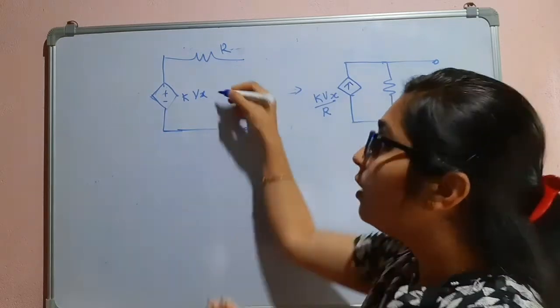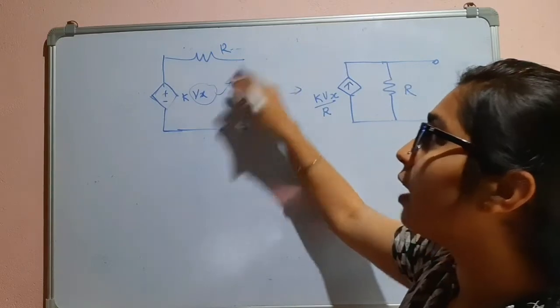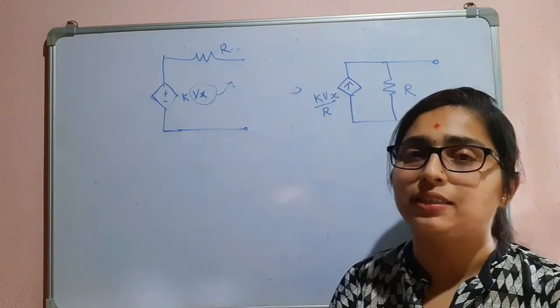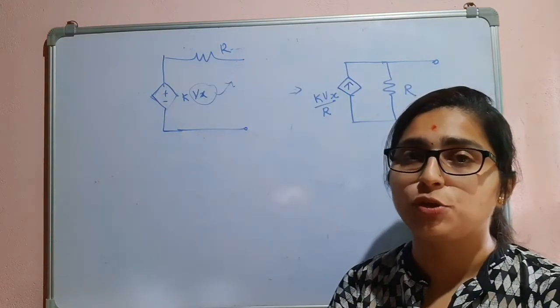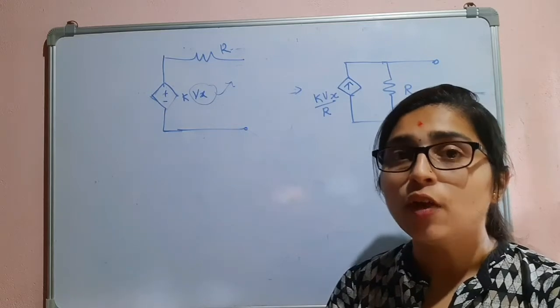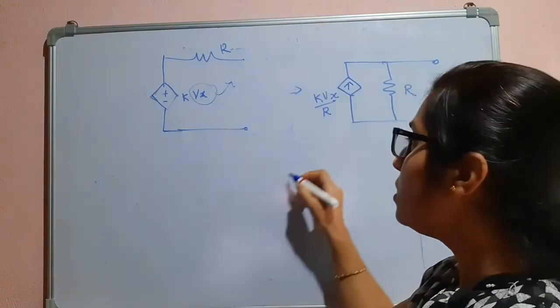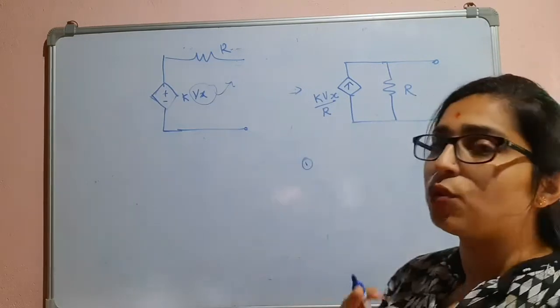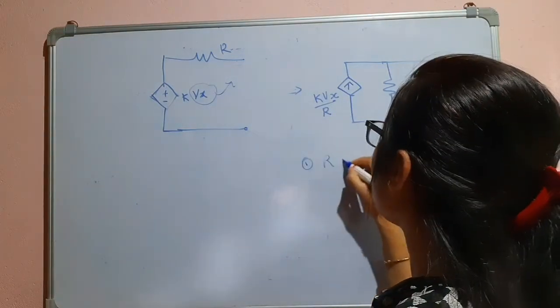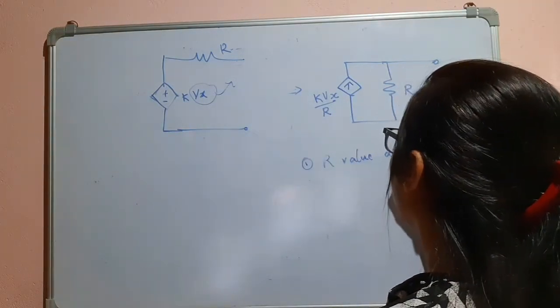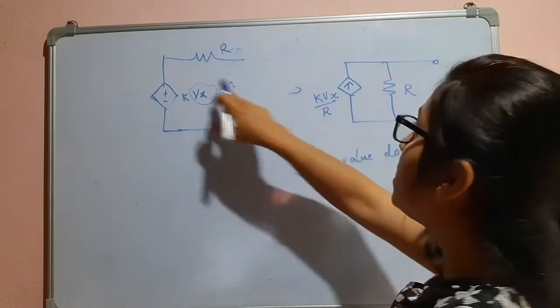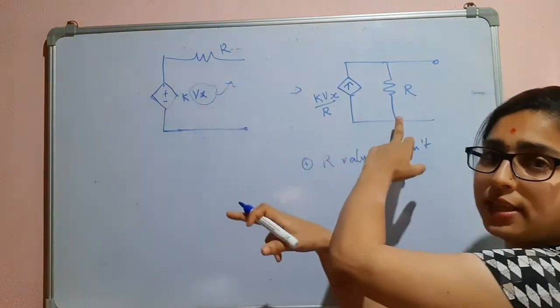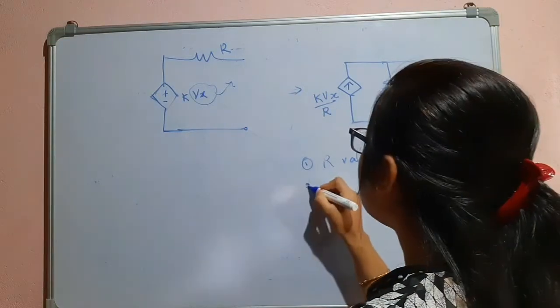Just make sure that the controlling variable is not altered in this case. You should take care of the controlling variable. And remember, in the source transformation technique the resistance value doesn't change. Here it was R, here also it is R. And second thing,